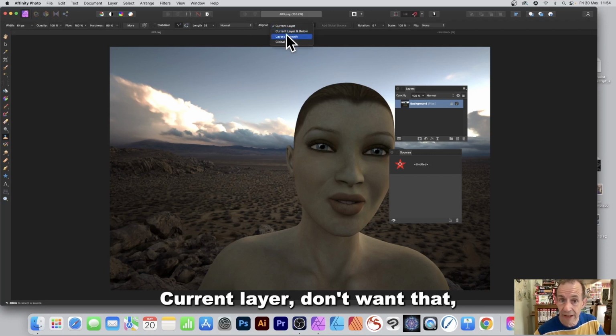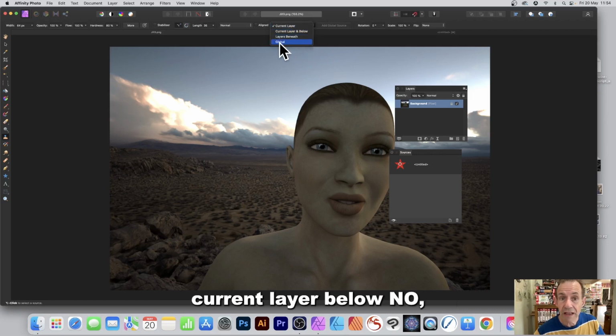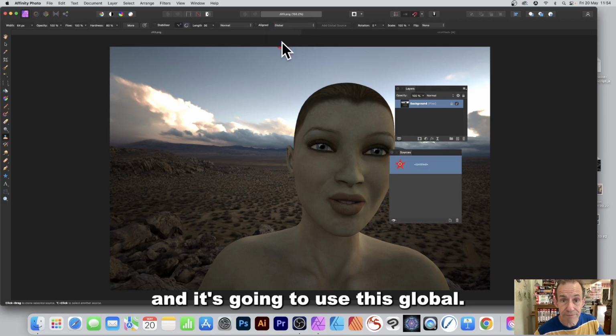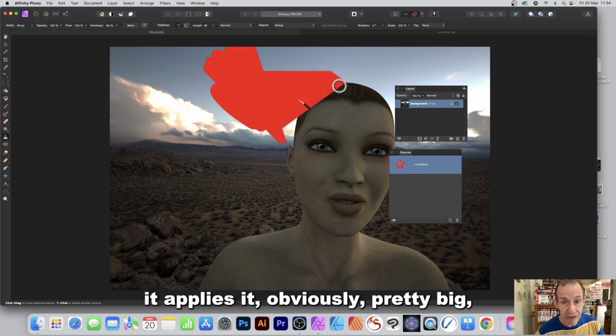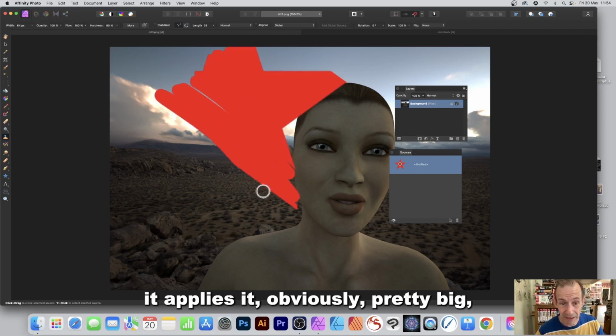Current layer, don't want that. Current layer below, nope, I want the global. So there's global and it's going to use this, so global. Straight away you can see that's highlighted. Now what I can do is I can apply. Now you can see what happens. It applies it obviously pretty big,